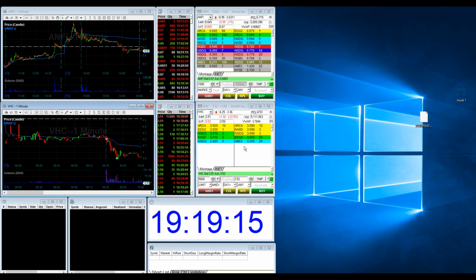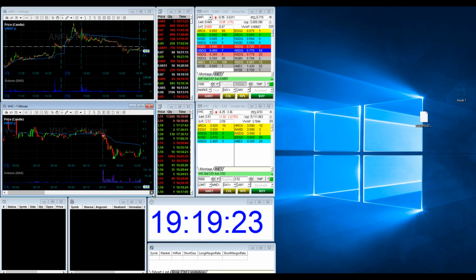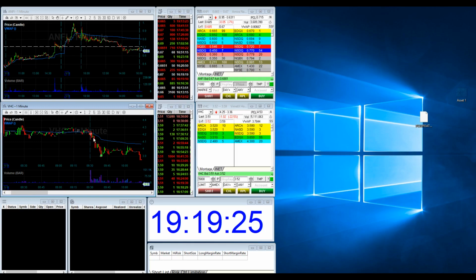But in general, for level 2 to confirm my technical analysis, it just has to be going with the overall idea that I'm looking for. So if I have a bearish technical analysis and the stock is under VWAP, or I have some other reasons that I want the stock to show weakness or strength, I'm going to be looking for that in level 2. So, if I'm looking for a breakout, I want to see,